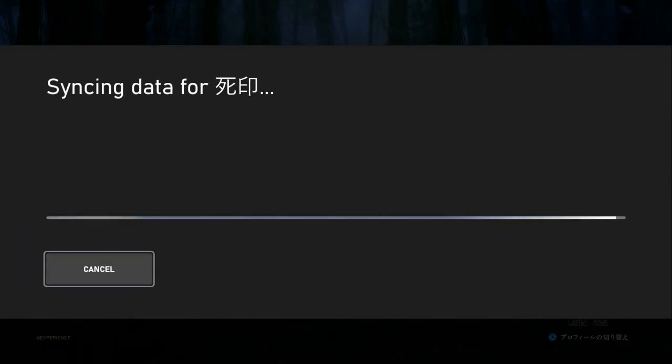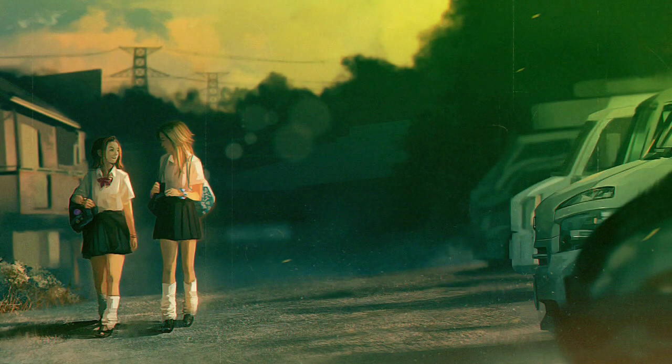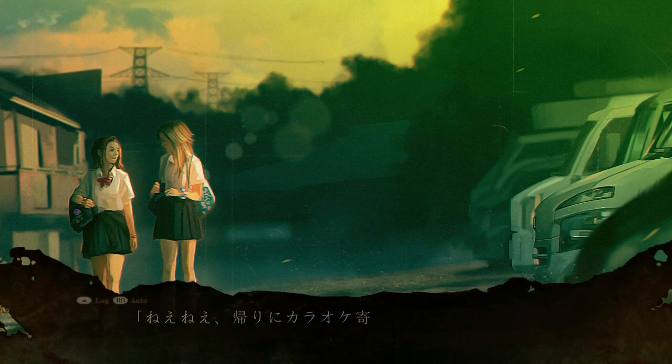This is going to be the prologue, so we can hold LB to skip through dialogue, but I'll do my best to mention some of what is happening as we play this game, while I also guide you through the achievements. So firstly, these two girls are discussing the disappearance of a teacher,